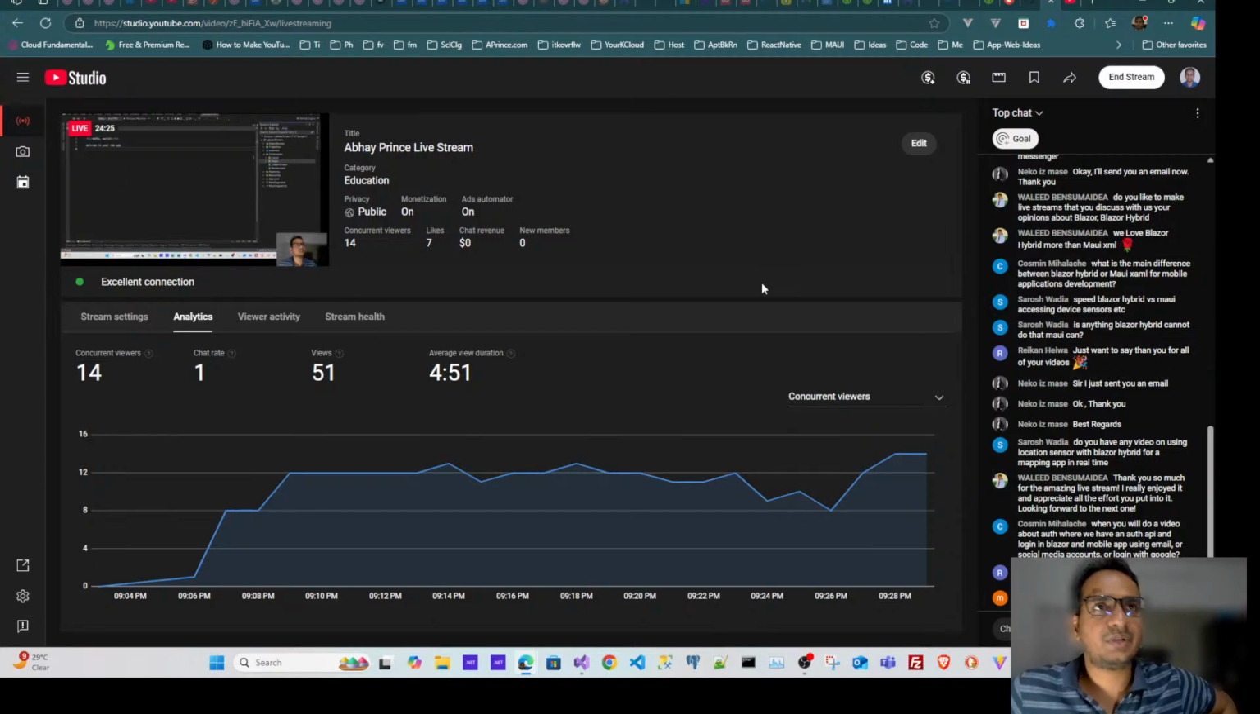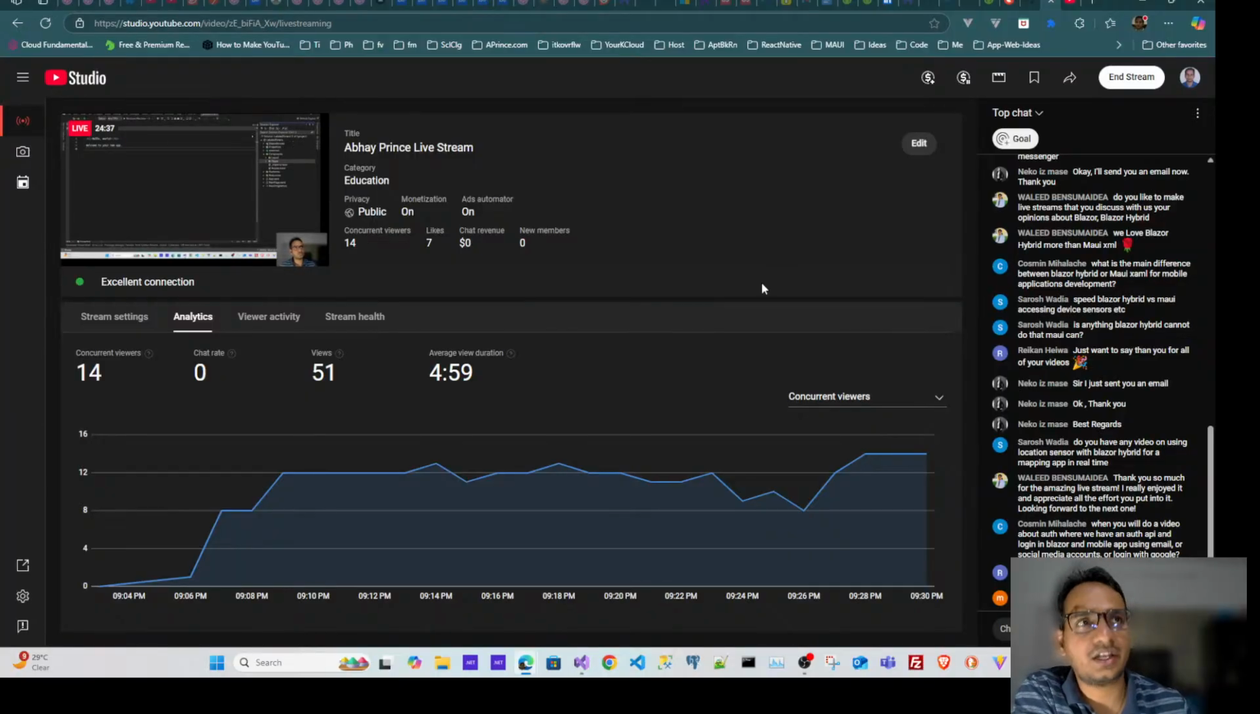Maybe we can try creating multiple apps using all the sensors one by one. What do you think? Yeah, maybe we can try this. Not right now, but we can try this. So let's